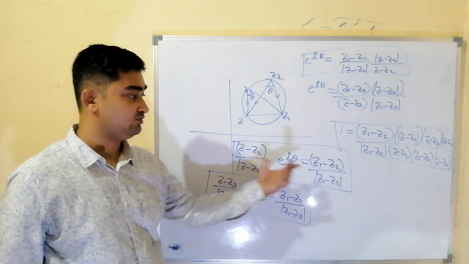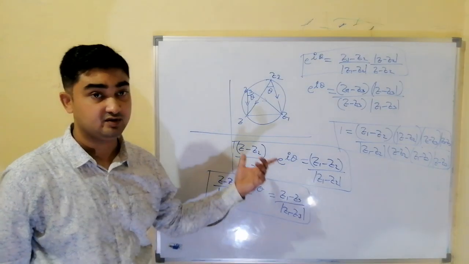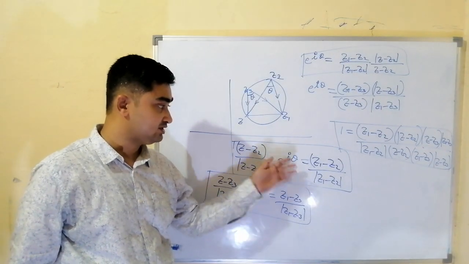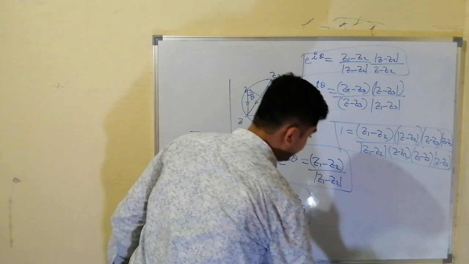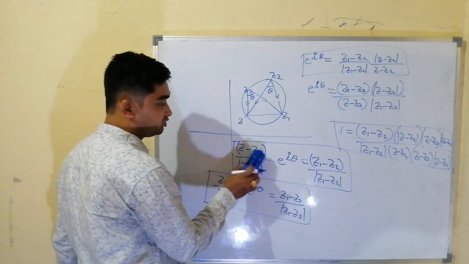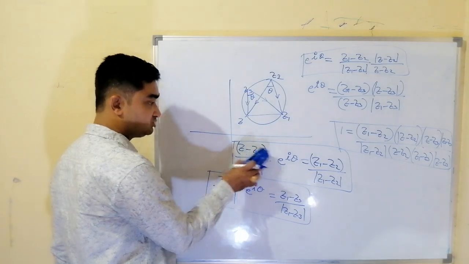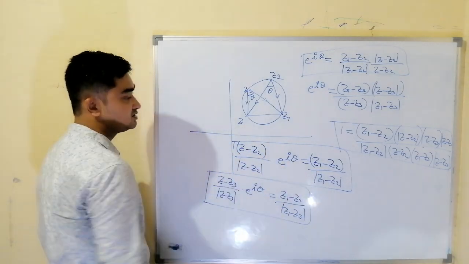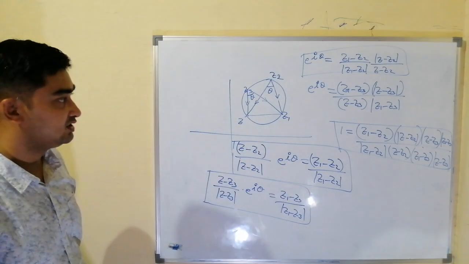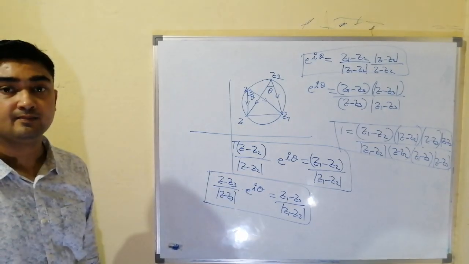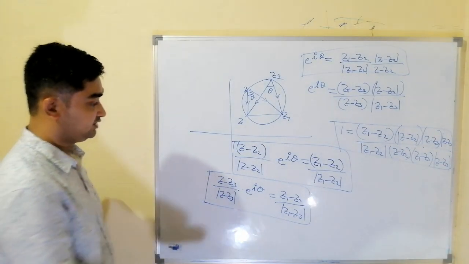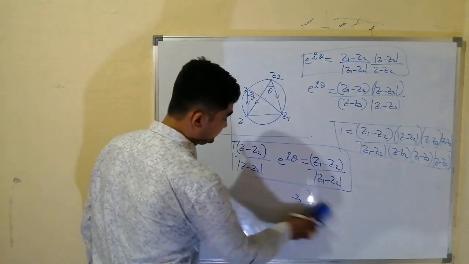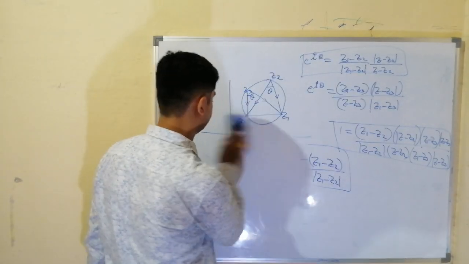Before rotation, we have made modulus 1 on both the sides, and multiplying with e power iota theta means it will move anti-clockwise by an angle theta. So final is this, initial is this, we want to move in anti-clockwise direction. So with this you will multiply e power iota theta, we will get this. Now divide and simplify, we will get the equation of circle in terms of z1, z2 and z3. So it is a circle passing through the points z1, z2 and z3.